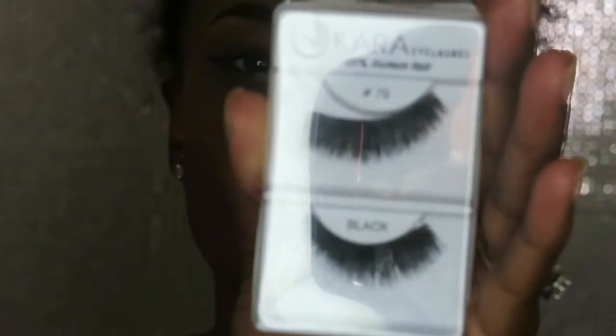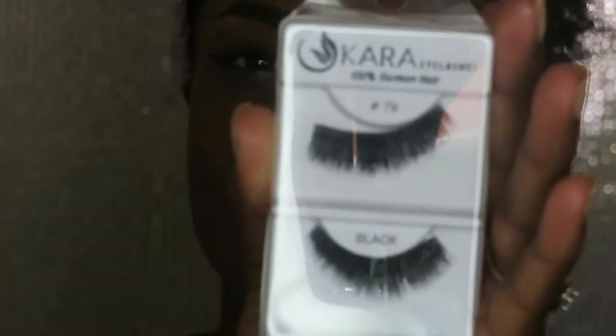So when you are picking out lashes, you definitely want lashes that go in a gradient effect. So they're shorter at the front and they get longer as they go out. So I'm going to give you some examples of some do's and don'ts. I would put these on my don't list because they are very dense and really thick. It's really going to just close off your eye. It's going to put more emphasis on the hood and it's just such a thick lash that it's not going to be really flattering